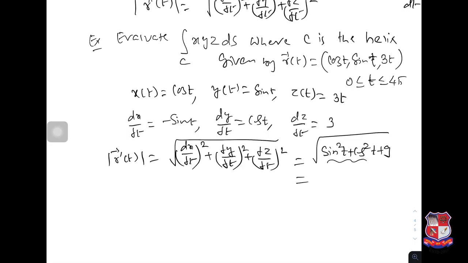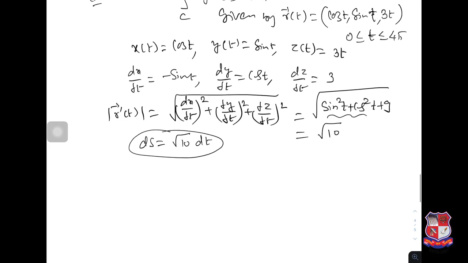This is 1, so that means nothing but root of 10. So what is ds? ds is equal to root 10 dt. And now the line integral